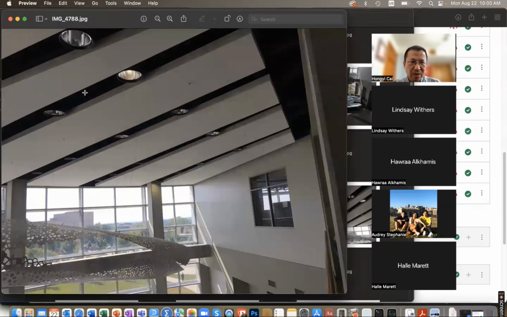This picture shows you the ceiling of this entrance lobby. They do have recessed downlights over there, and those downlights are not LEDs. They are